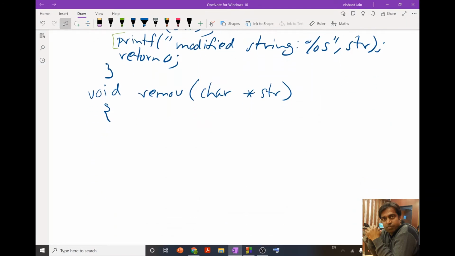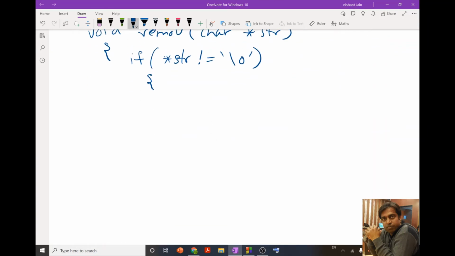Now here we are going to check if star str is not equal to null. We first check that we are not at the end of the string, because if we are at the end of the string we do not need to do anything.